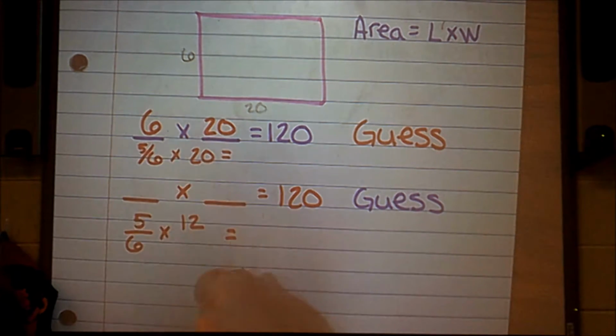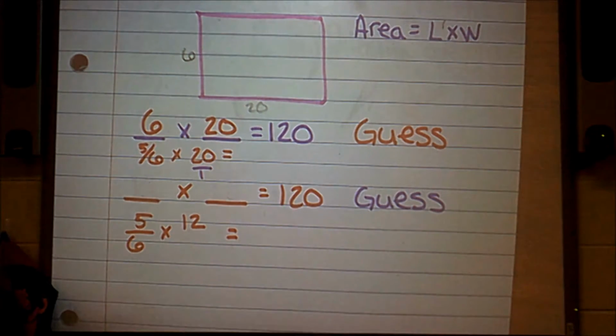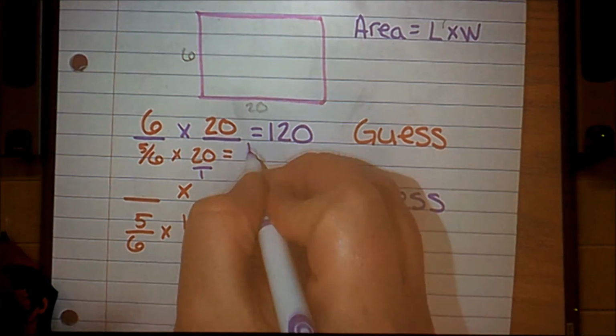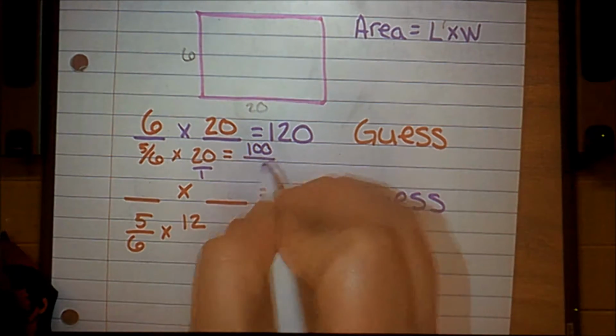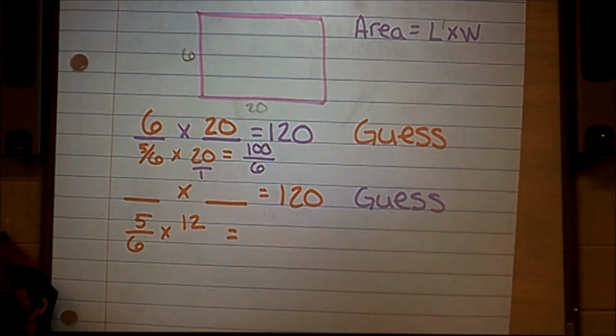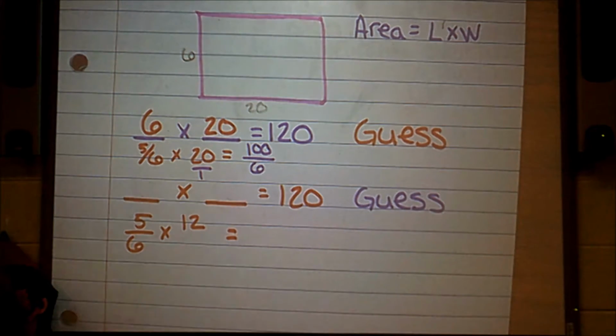So let's try. Five times 20 is 100. 6 times 1 is 6. When I divide that out, off to the side on my scratch paper,